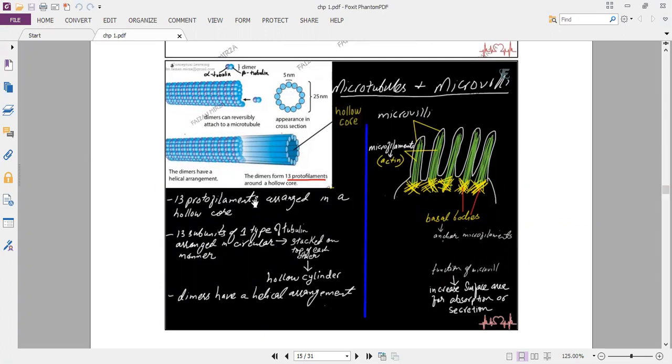What is the function of a microtubule? It radiates from the centrosome and it radiates all the way along every part of the cell. They serve as cellular highways. They are the tracks on which the cell organelles move from one region to another. Microvilli are the extensions of the cell membrane. They increase the surface area for absorption and secretion.